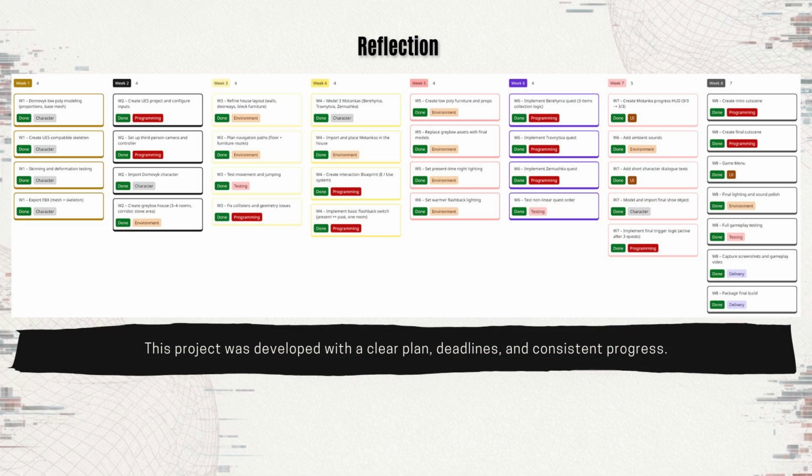Looking back, I can say that this project gave me a valuable experience. It took me 8 weeks to complete. From a technical perspective, I learned how to build flexible quest systems and manage changes in level states. I also used the Unreal Engine localization tools for the first time, which allowed me to translate the game without duplicating logic. However, the main challenges were creative decisions.